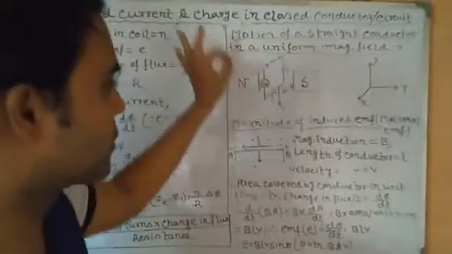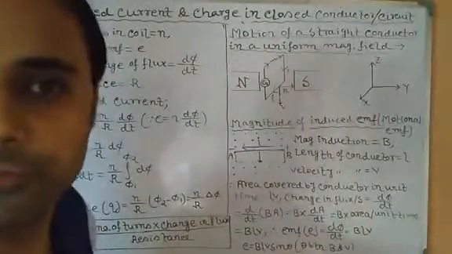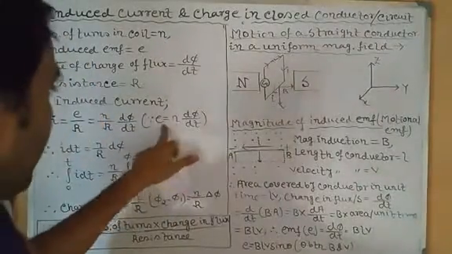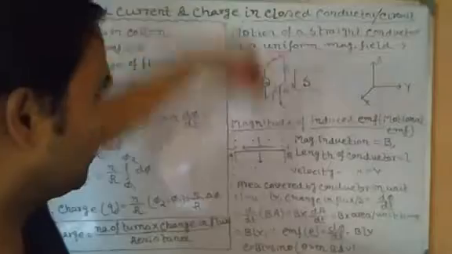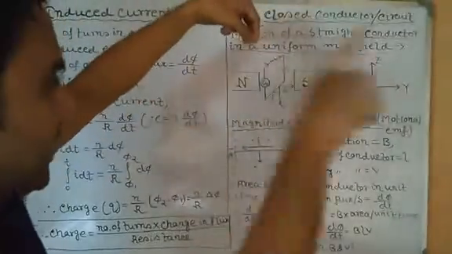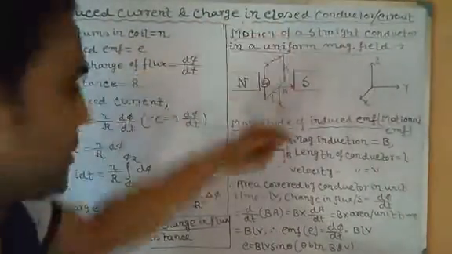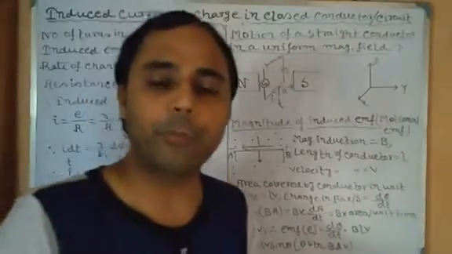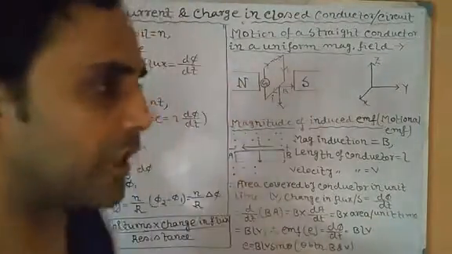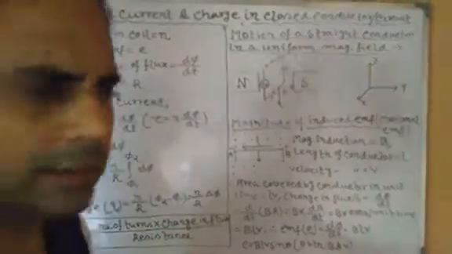The current will be induced. Why? Because of the induced EMF. The rate of change of flux is equal to N dφ/dt. So if the flux is changed due to a change in position of the coil, the number of intersecting field lines crossing it changes every time. With the change in flux, EMF will be developed, and because of the induced EMF, we will get an induced current. This is the basic theory, isn't it?